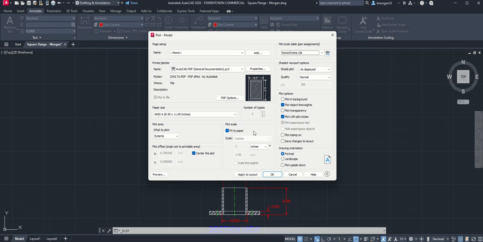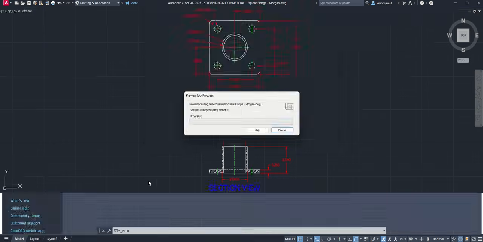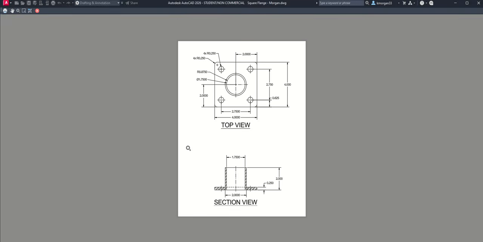All right, after we finish the portrait orientation selection, we will go into the preview. Of course, you can apply to the layout. So we will go into this layout setting, and then of course we will preview that, and we will be able to see our plot in PDF like that. So once you finish it,